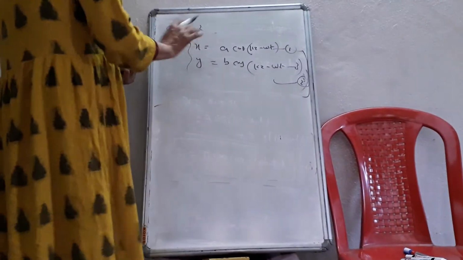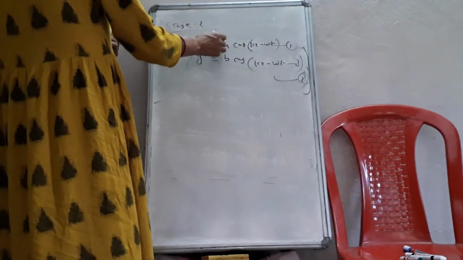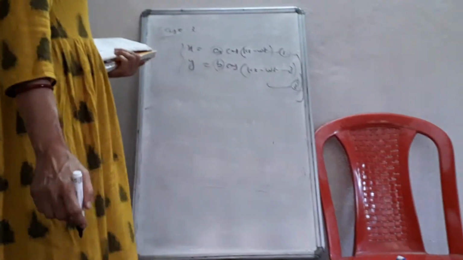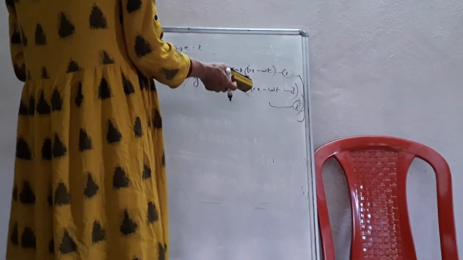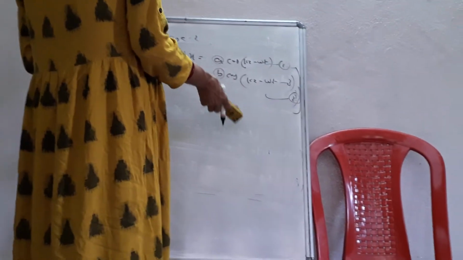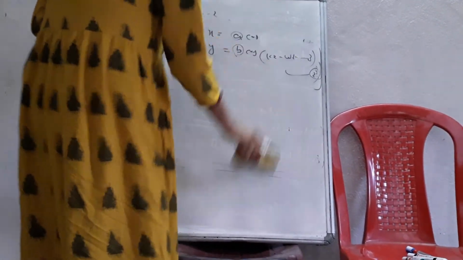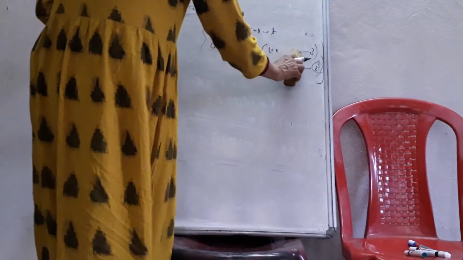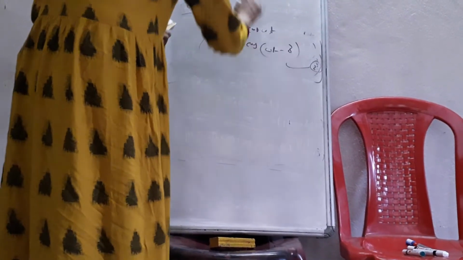So this represents two linearly polarized lights in two perpendicular directions, having different amplitudes, and the phase difference is delta. If they are allowed to superpose, we can write it in a simpler form, because the direction for both is the same. So simply this one is x equal to a cos omega t, then the second one will be omega t minus delta, because it will be easy to analyze that.